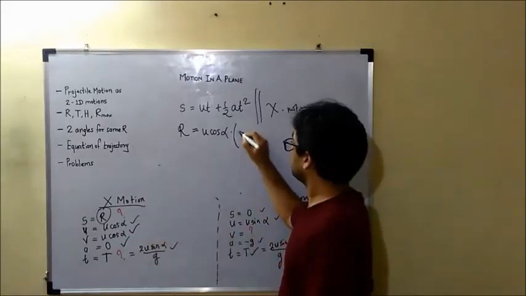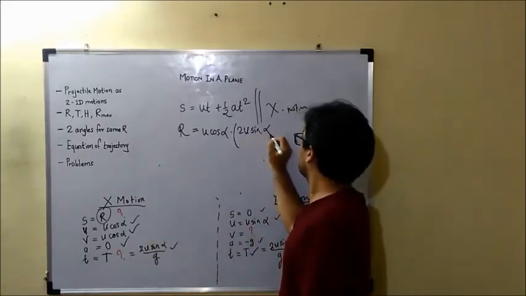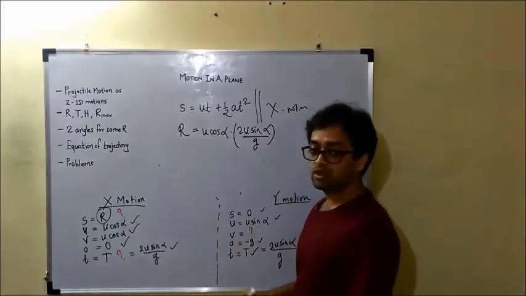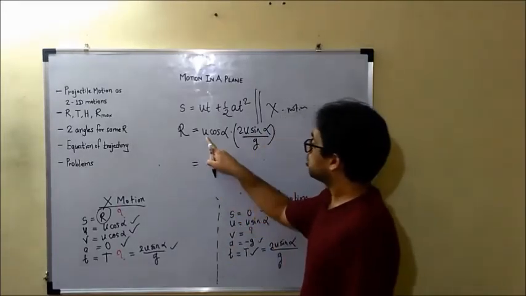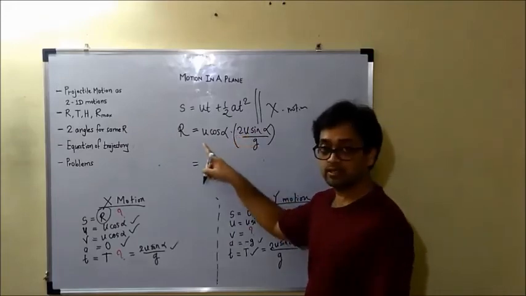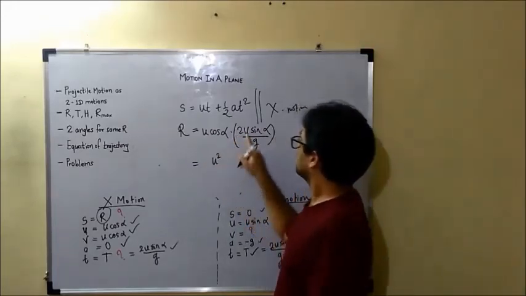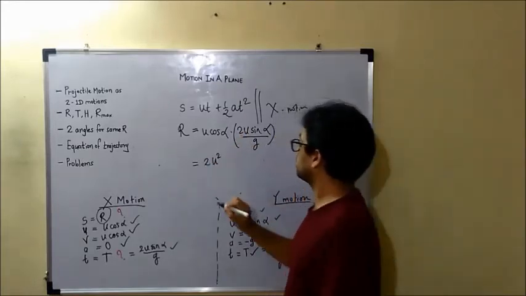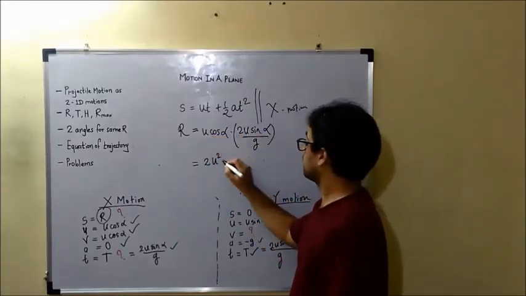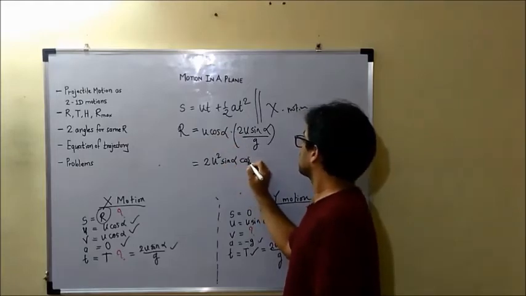So how much is the time? 2u sine alpha divided by g. Now what does it give me? I'll club together u and u. There is an into sign in here. So u into u. So how much is it? U square. There is 2 also. So 2u square. There is sine alpha, cos alpha. So it's going to be sine alpha, cos alpha